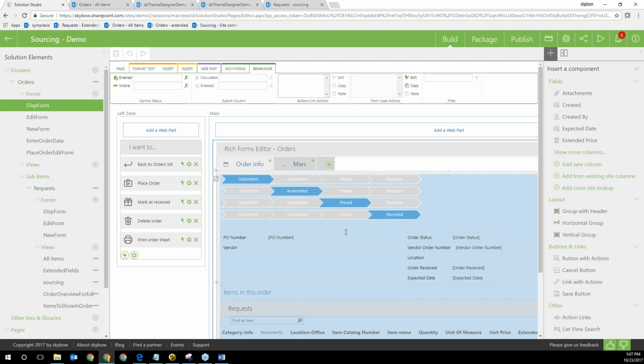I think we're going to see more and more of this as time goes on. We're seeing it with SharePoint and with products like yours here, Skybow. And I think that's a good thing, because it gets us to solutions faster that more readily match the business need.